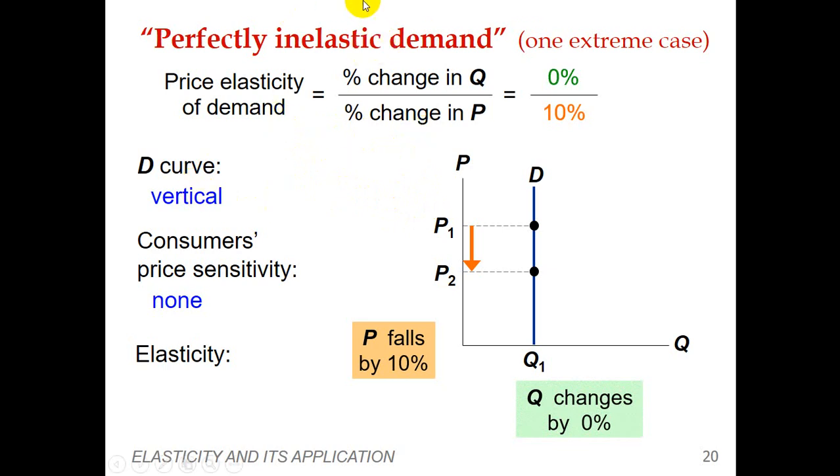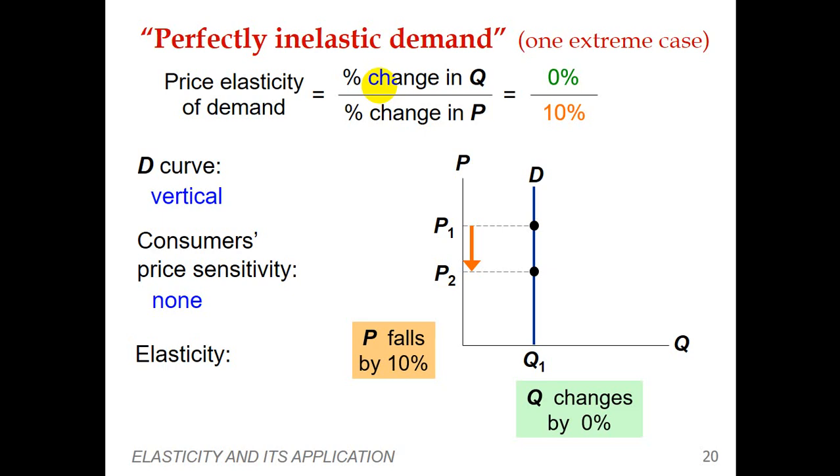In the case of perfectly inelastic goods, these are goods that have the characteristics of perfectly inelastic demand. These are basically the necessity goods that we have to buy. Basic needs also come under this category. In that case, when the elasticity is less than 1, but in the case of a perfectly inelastic curve, the elasticity is equal to 0.